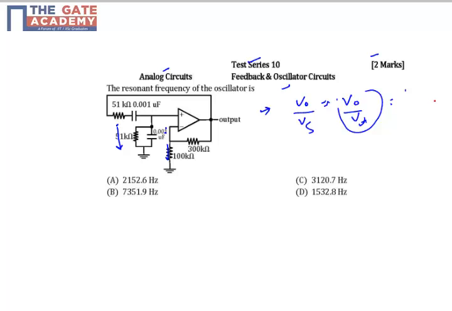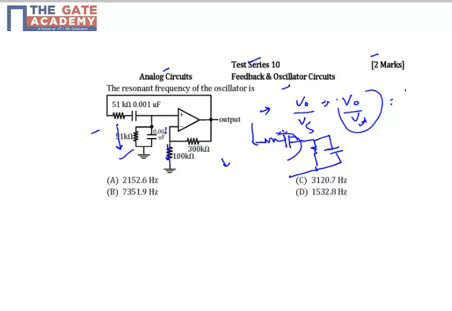But friends, in this question you can see that whenever in the circuit you have an RC series and an RC parallel circuit, it will definitely lead to the Wien bridge oscillator, because in case of Wien bridge oscillator only we have RC series and RC parallel combination. Because the circuit is such that the RC series and RC parallel combination is there and no other capacitor is present.